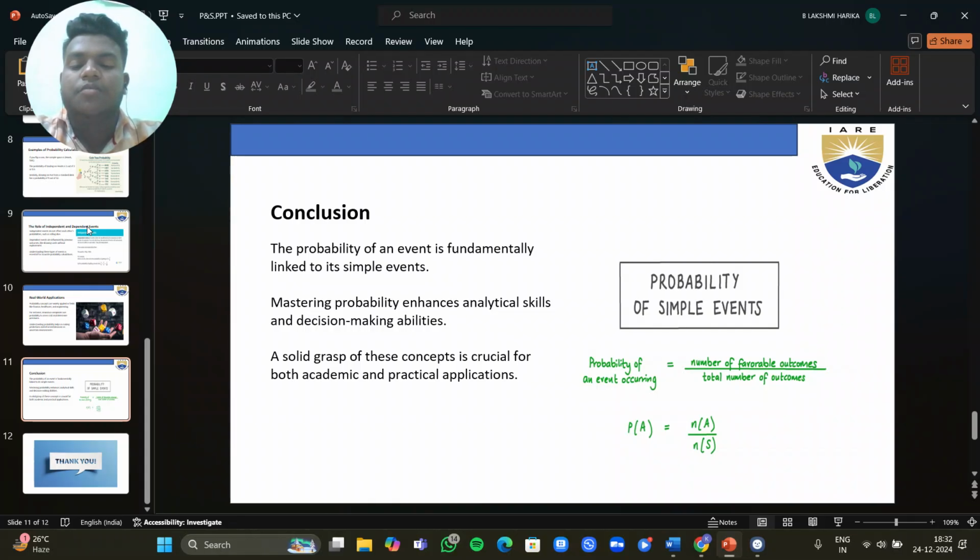The probability of an event is fundamentally linked to its simple events. Mastering probability enhances analytical skills and decision making abilities. A solid grasp of these concepts is crucial for both academic and practical fields. Probability of simple events: the probability of an event occurring is equal to